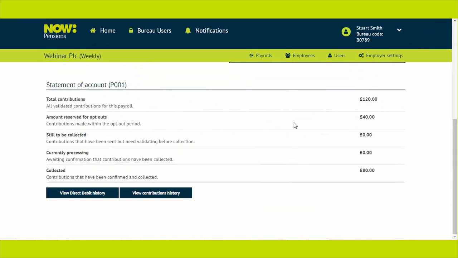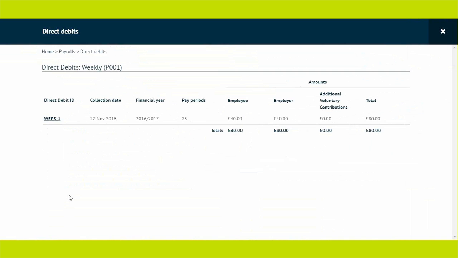To view the information about the collections, all you need to do is click on the View Direct Debit History option. As with the contribution history page, each direct debit collection will have its own entry on this page. To obtain a breakdown of who contributions have been collected for, you will need to click on the collection that